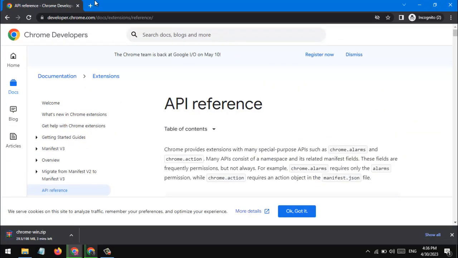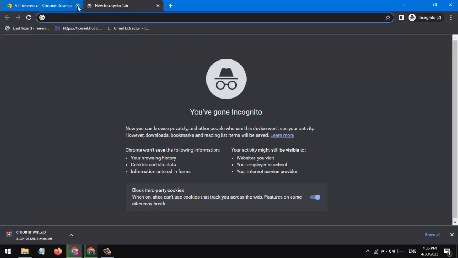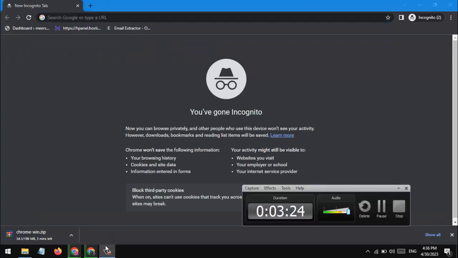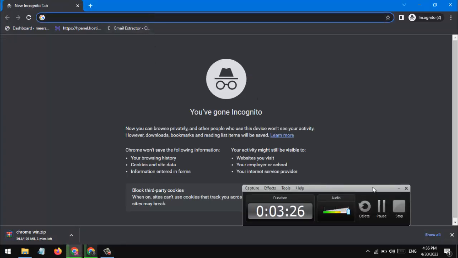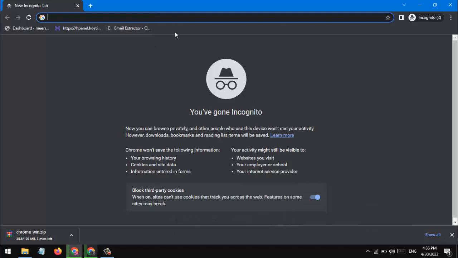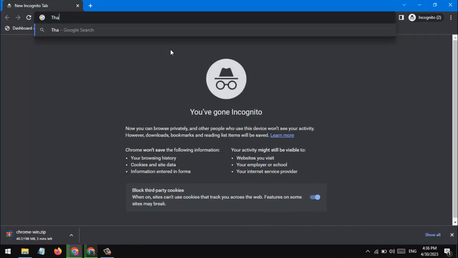Step 10. Launch Chromium. To launch, simply click the finish button on the installation window or find the Chromium icon on your desktop or in the start menu. Congratulations, you have successfully downloaded and installed Chromium on your Windows 10 device. With Chromium, you can enjoy a fast and